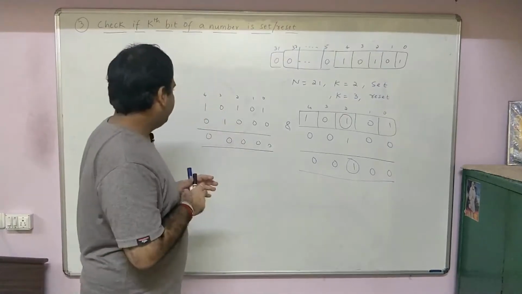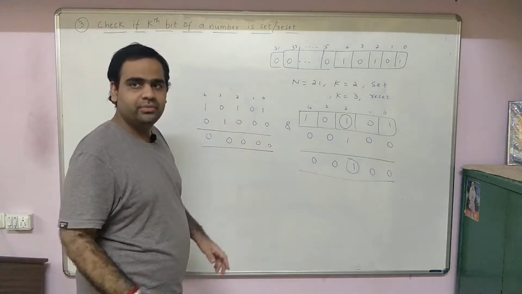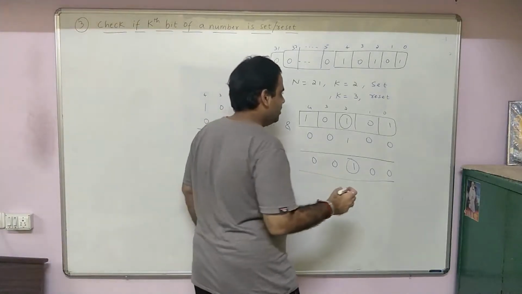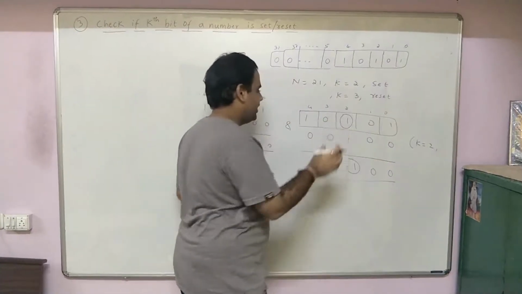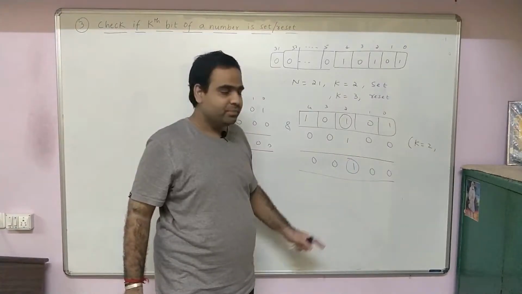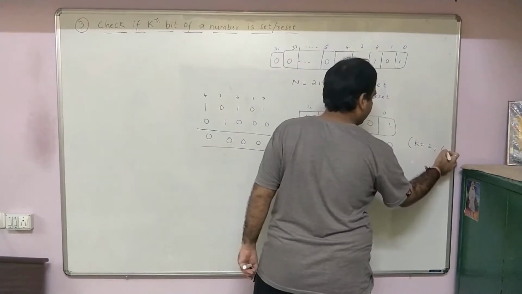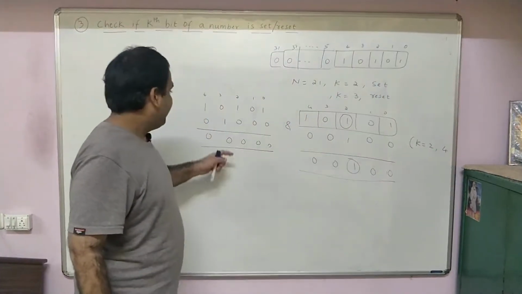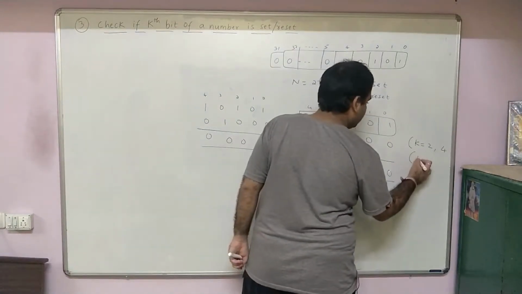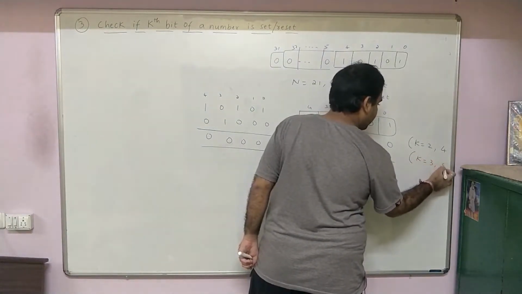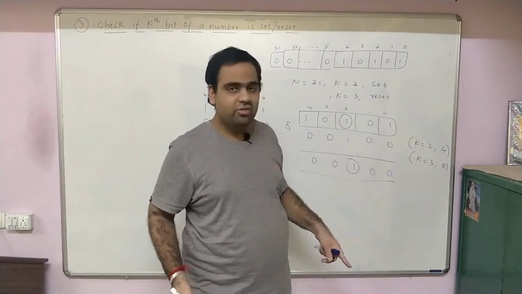Now we know that this number is 21. How do we compute the second number? That's the question. It's very simple. If you observe over here, if the value of k is 2, I get this number. And what is 100 in decimal? 100 in binary is 4 in decimal. If I take k equal to 3, I get 1000, and what is 1000 in decimal? It is 8. Now if you observe these two things, 2 to the power 2 is 4, 2 to the power 3 is 8.